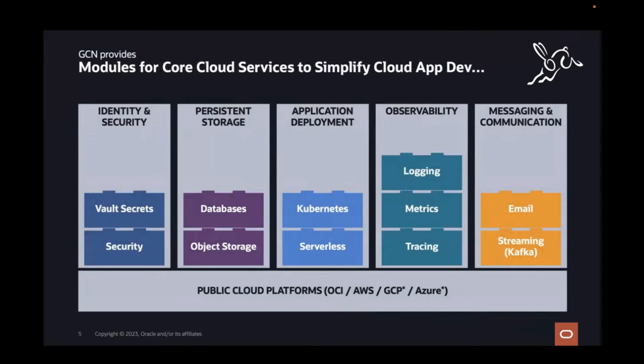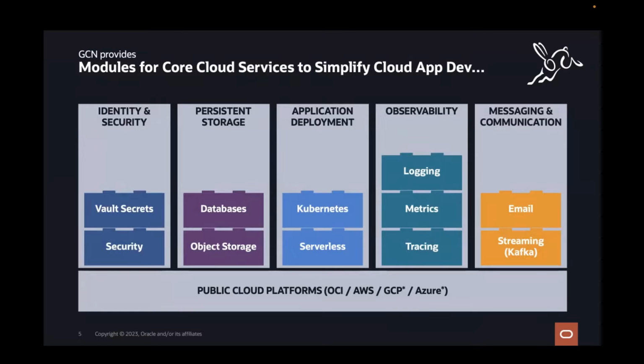Here's a quick view of the cloud services that we support in GCN today. It's across OCI and AWS, and we are working on GCP and Azure, as I've said. You can use these modules in your Java applications. For example, in databases, we support MySQL and Oracle autonomous databases.